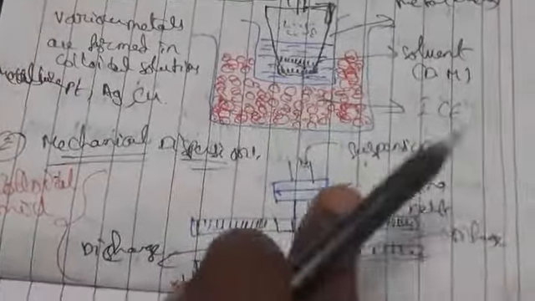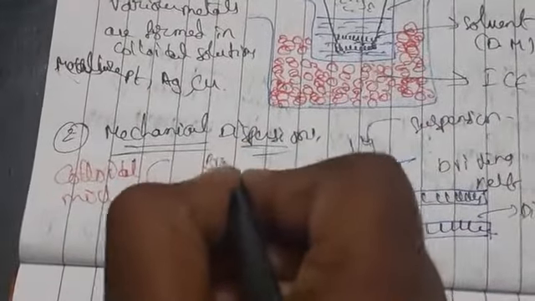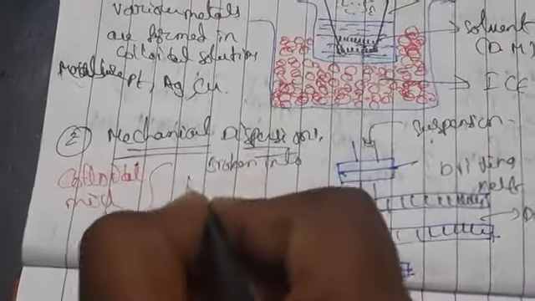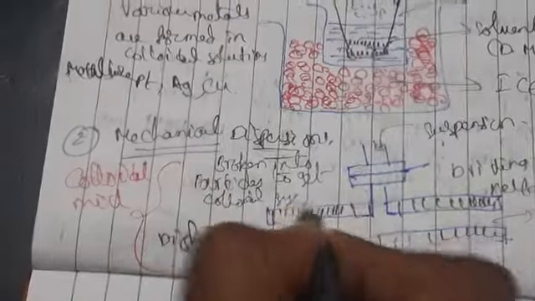So what you are getting here? Then the speed of the rotating disc, whatever speed we are doing here, it should be adjusted first. So whenever you are adjusting, particles of the suspension are broken into particles of colloidal solution. So here also what happens? These are broken into particles to get colloidal size, okay. So what is happening here? We are taking two steel discs which are rotating in opposite direction.